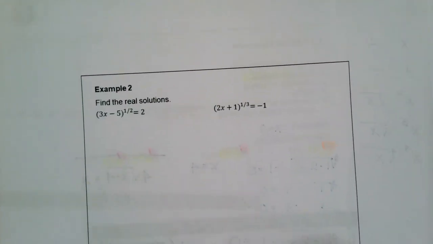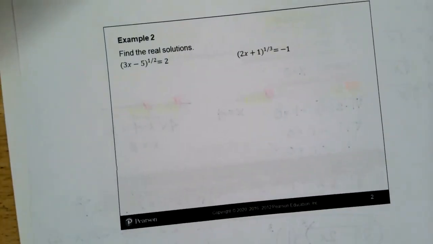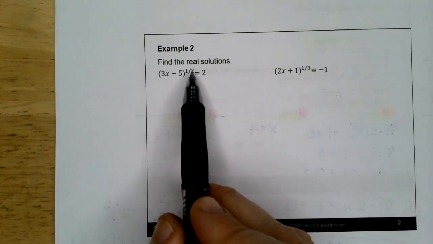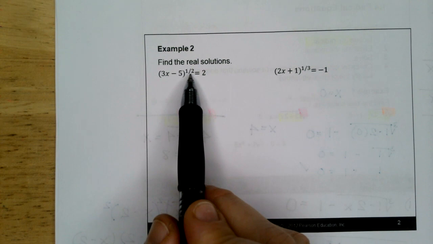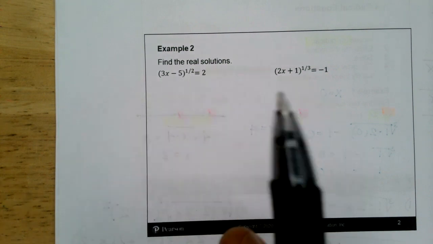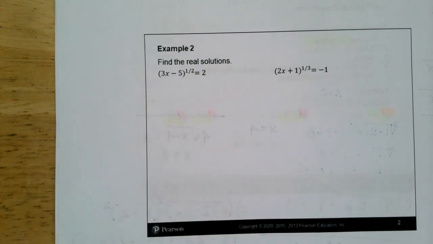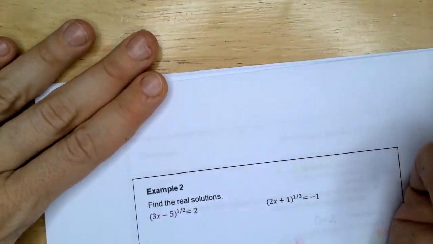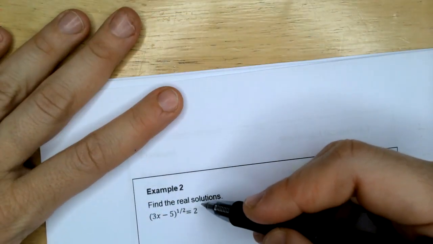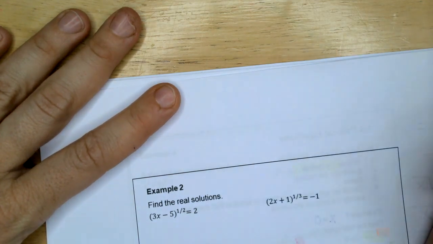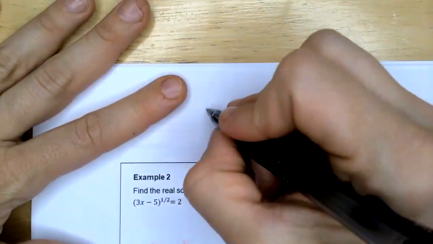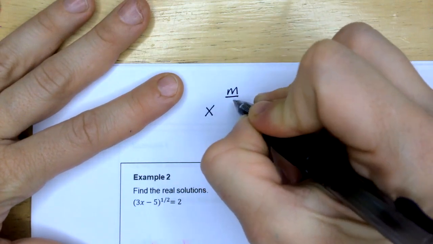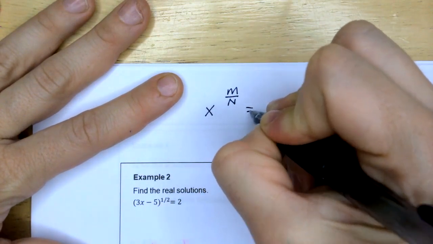Now we are looking at situations where we have one variable and it's being raised to a power, but it's not the first power and it's not the second power, it's the power of a fraction. What does that mean? What it means is we translate that fraction into a radical. So the rule is x to the power of m divided by n is equal to